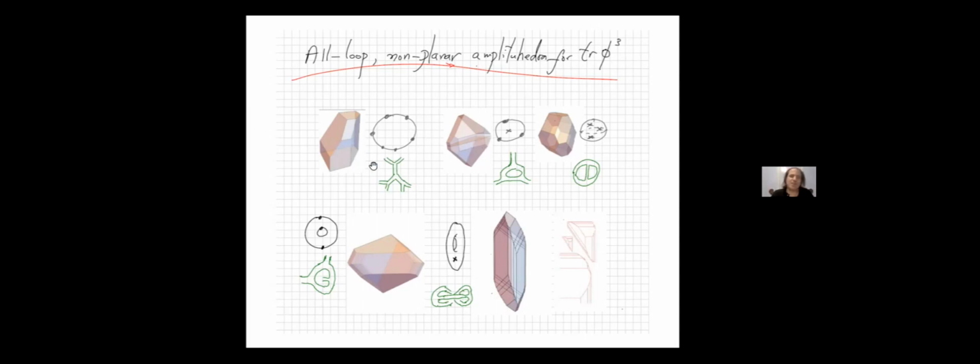So these are some pictures that would be associated with trees, one loop. We'll talk about these things in detail, how to think about them. The three punctured sphere, the annulus, the torus with a puncture, and these are the classes of Feynman diagrams, ribbon diagrams, fat graphs that you'd associate with them. So here already we see some of the pictures Giulio talked about, these fascinating infinite polytopes, but they are the amplituhedra that would be associated with the trace phi cubed theory, with the contributions associated with diagrams with these topologies, as shown in this example.